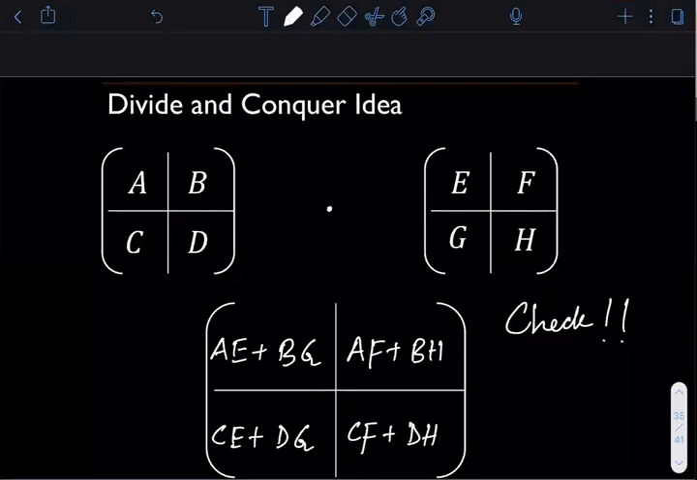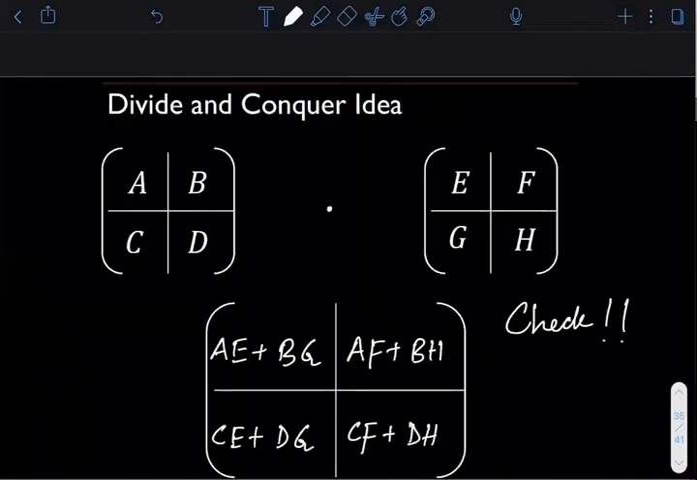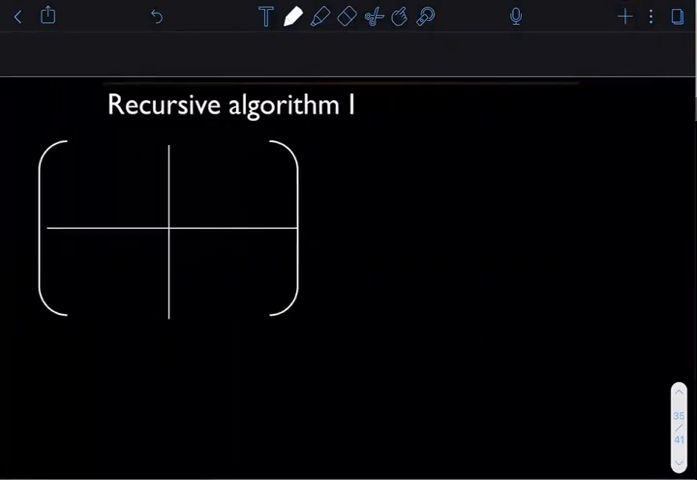So what should be the divide and conquer algorithm now? If I give you this information, then what is the divide and conquer algorithm that you will actually apply here? Well, it's basically the same thing that we did for long multiplication. So what is going to be the first step? So you recursively